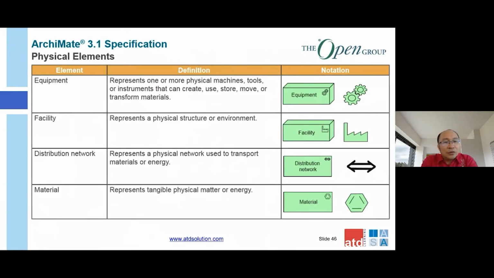Then the next one, of course, now we know about the Industry Revolution, IR 4.0. So we are talking about equipment, and now all equipment is about robotic equipment. ArchiMate also already caters to that. Then we have the facility, like storage or maybe a staging area that has intelligent sensors, etc. So that is also covered. After that, the distribution network, like a railway or conveyor belt, because in some warehouses the robots automatically distribute. And also the material itself, all the raw material that you need to have, all with sensors. This is something interesting: you can also model the infrastructure architecture itself, and the scope is already widening because of Industry 4.0.